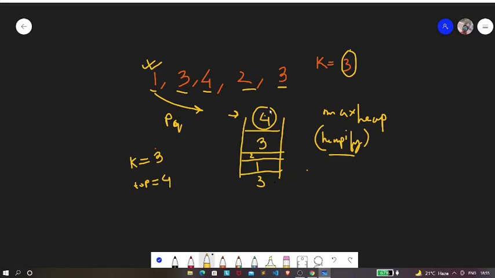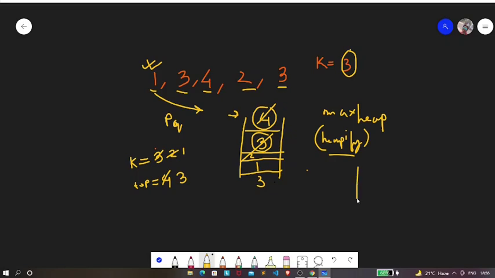And next we are going to pop this element. If we pop, this 4 will be removed, and hence we are going to decrease this value of k by 1. Now it is decreased to 2. Now our current top will be 3, because 3 is greater than or equal to all the other elements in this priority queue. So our current top will be 3, and when we pop it, this 3 will be deleted, and k will be reduced to 1.